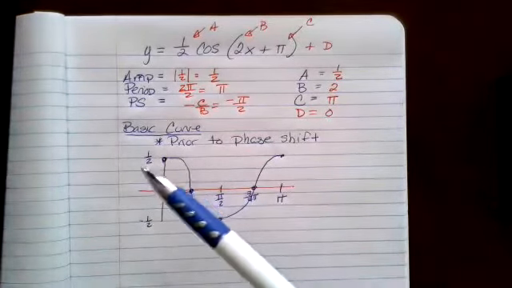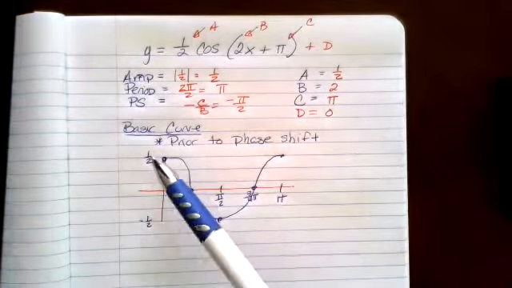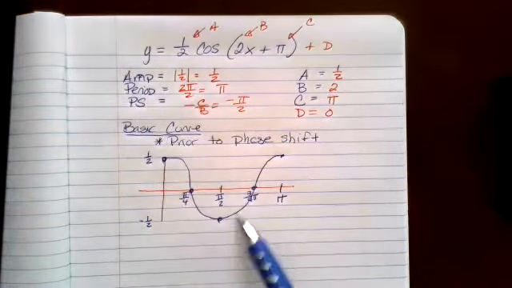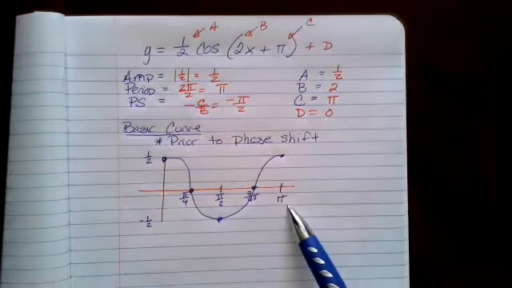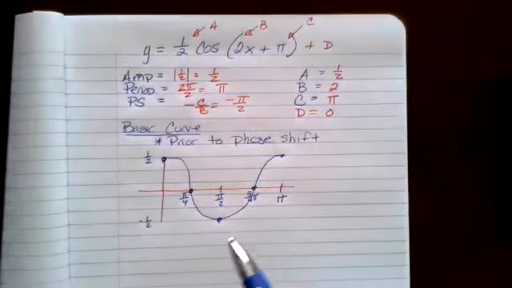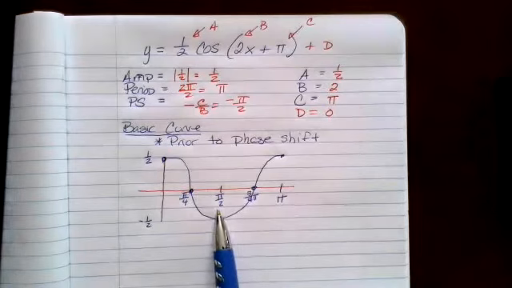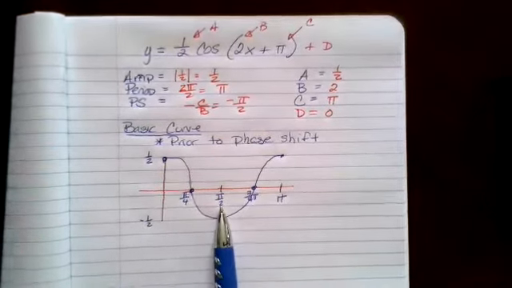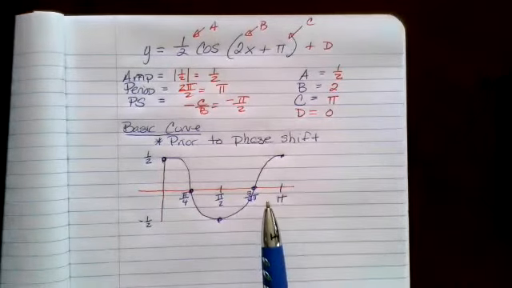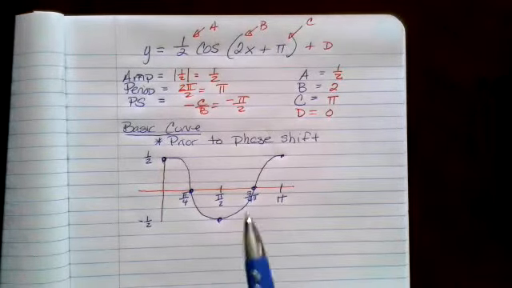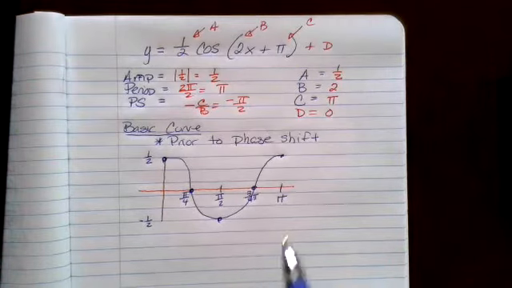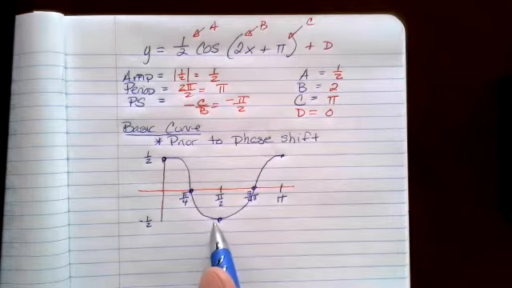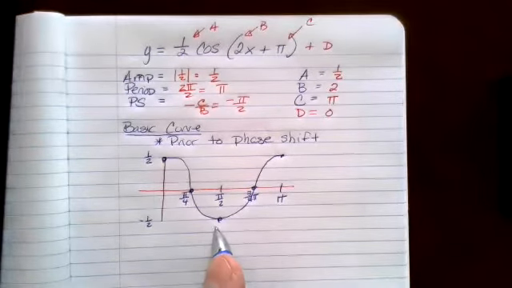My amplitude tells me how high and how low, so it's 1/2, negative 1/2. My period tells me where the end of one cycle is, so it ends at pi. So if it ends at pi, this would be half a pi, and half of that would be 1/4 pi. 1/4 pi, 2/4 pi, 3/4 pi, 4/4 pi. Now this is all shifting how far? My phase shift is negative 1/2, so everything has to move to the left